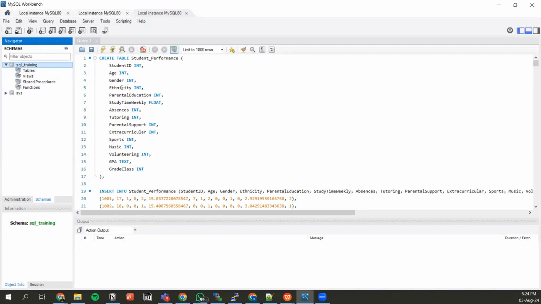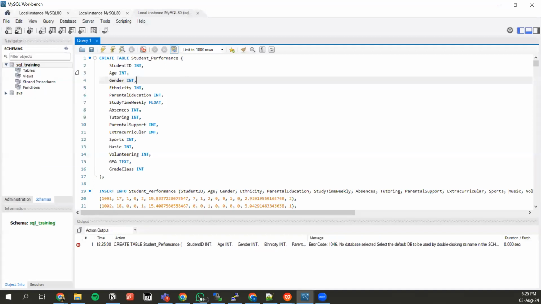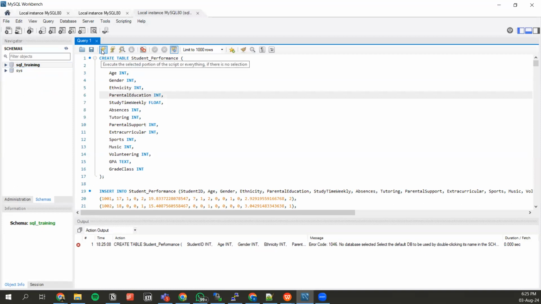If you run this query, how do you run the query? You just click this thunder symbol here. When we click on that, oh, okay, no database selected. I'm supposed to select the database by double clicking on it. When I double click on the database, you can see that it's bold now. It shows that that's the database we are going to use for this. And then I can click